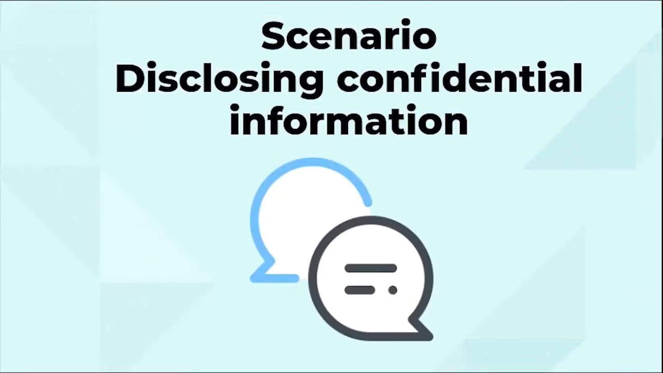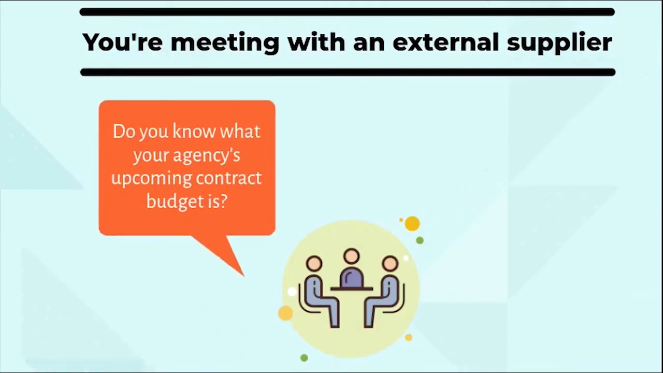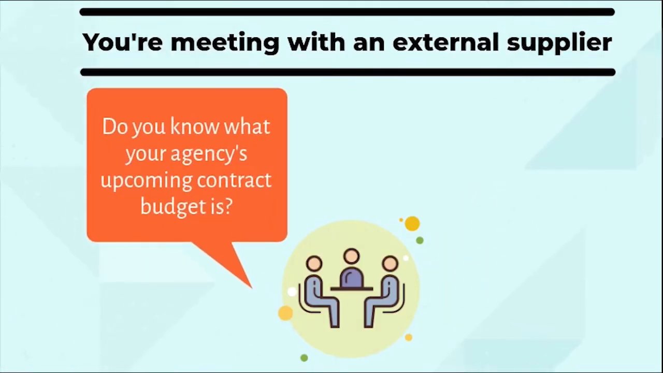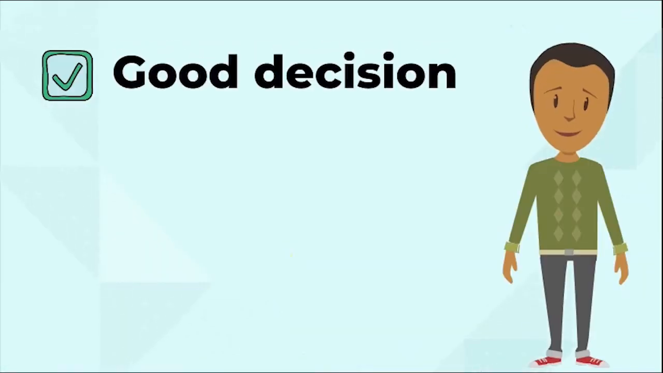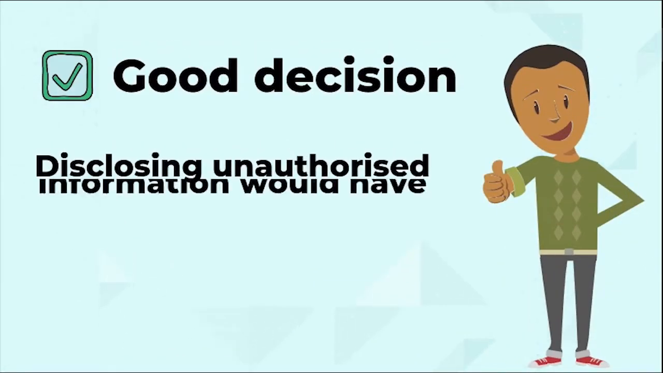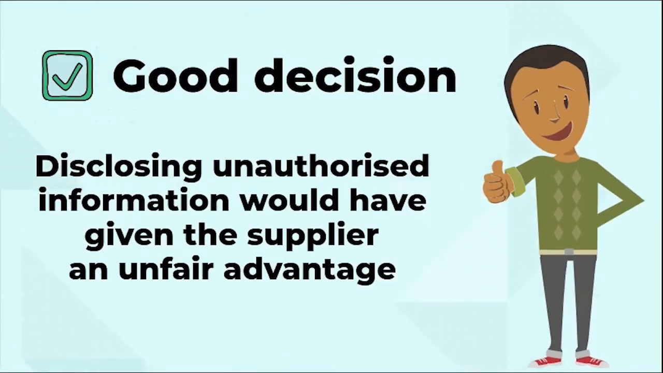Here's a scenario. You're at a meeting with an external supplier. The conversation turns to an upcoming contract. You are asked what the budget is. You know the budget is not publicly available, and you choose not to disclose the information. Good decision. Disclosing the budget would have been an unauthorised disclosure of confidential information and given the supplier an unfair